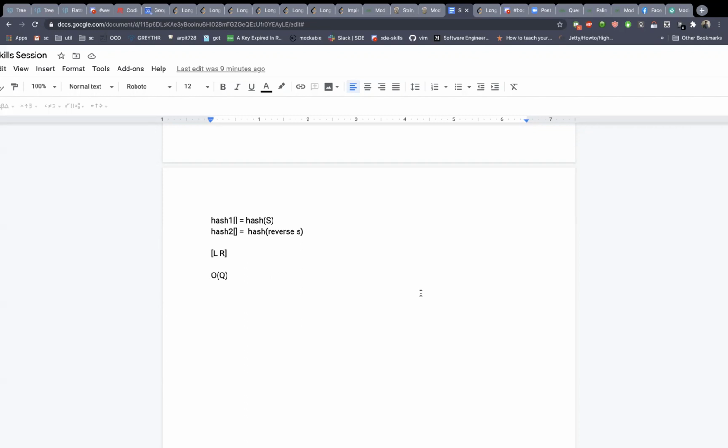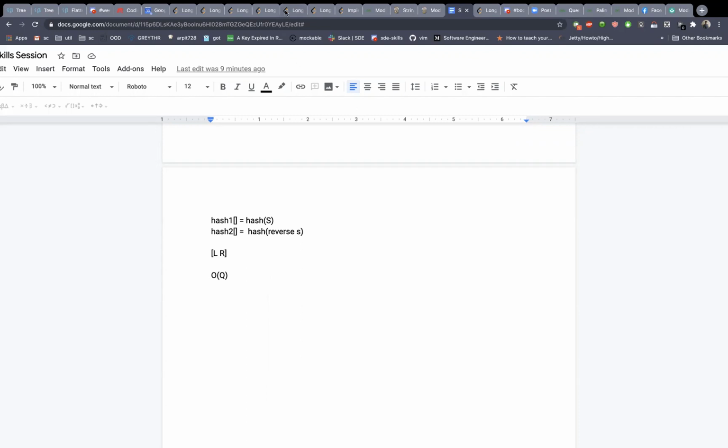The mod remains the same all the time. Is that correct? Like 10 to the power 9 plus 7. Yeah. He mentioned that if we have one mod, the chance of collision could be normal. But if we have two mods, like a double hash, then the chance of collision will be less. Yeah, very, very minimal.